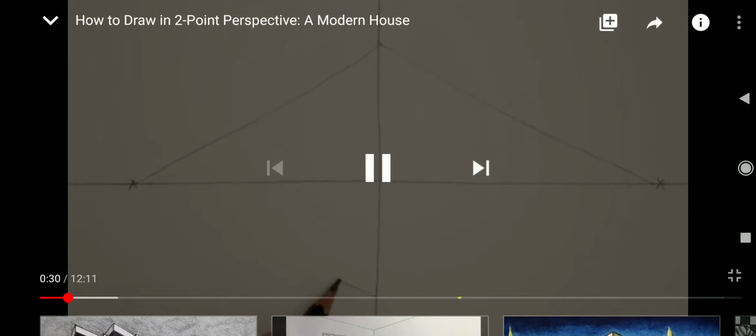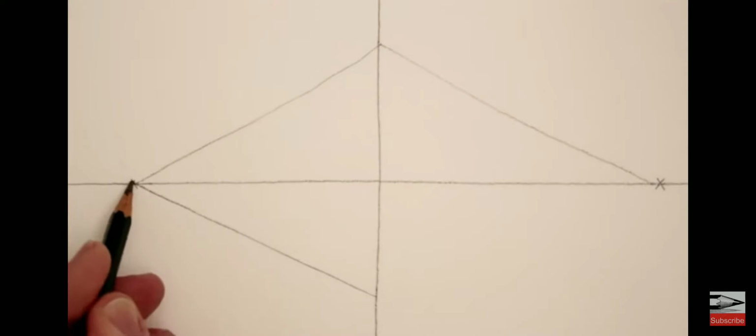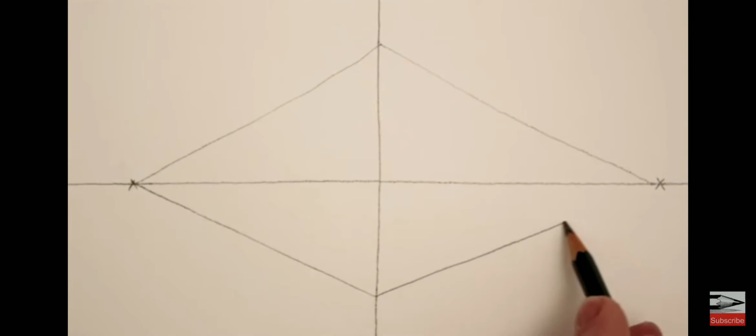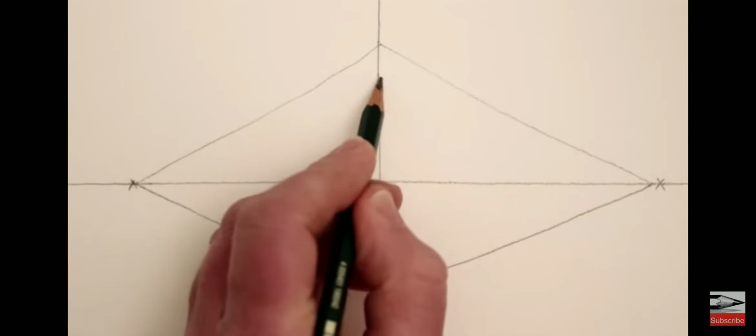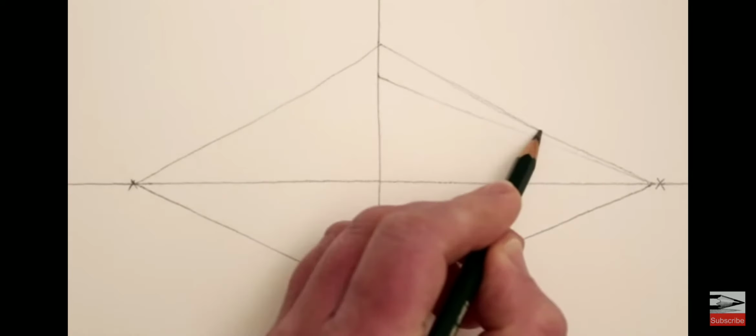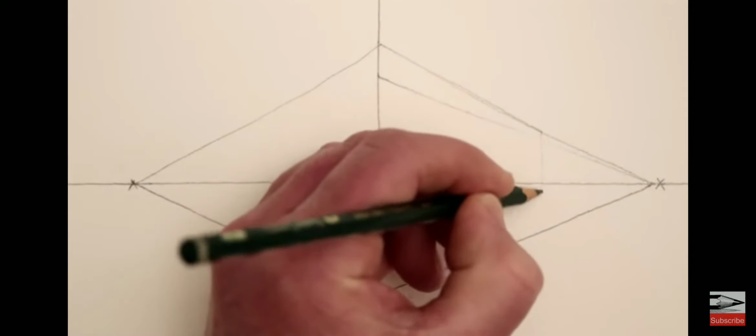And now make a mark towards the bottom of the vertical line, and again two diagonal lines going one to the left vanishing point and one to the right vanishing point. Next, we could draw another diagonal towards the top, and that will be the thickness of the roof on the right, and then a vertical line about here, and that will be the edge of the building on the far